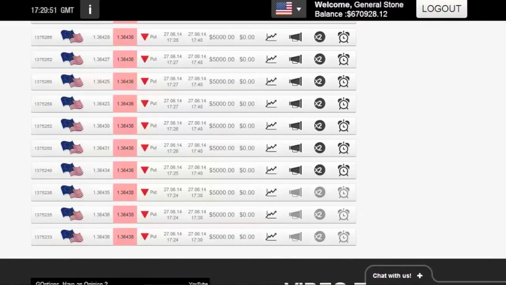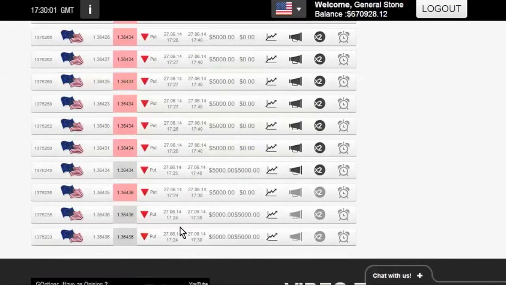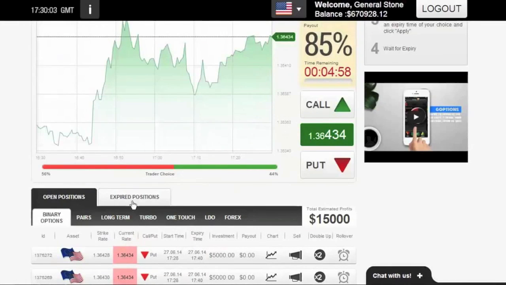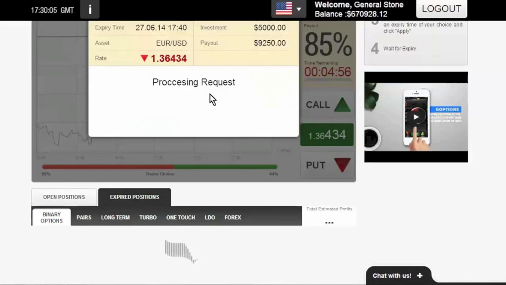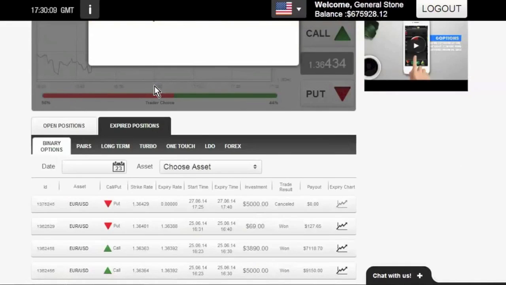Needed to come down below 136. There we go. Just coming down ever so slightly. Will it come down in time? There we go. And let's see what happened on those expired positions. While that's happening, I'm going to keep attacking this price. 434 I've now got. So the last couple of positions,